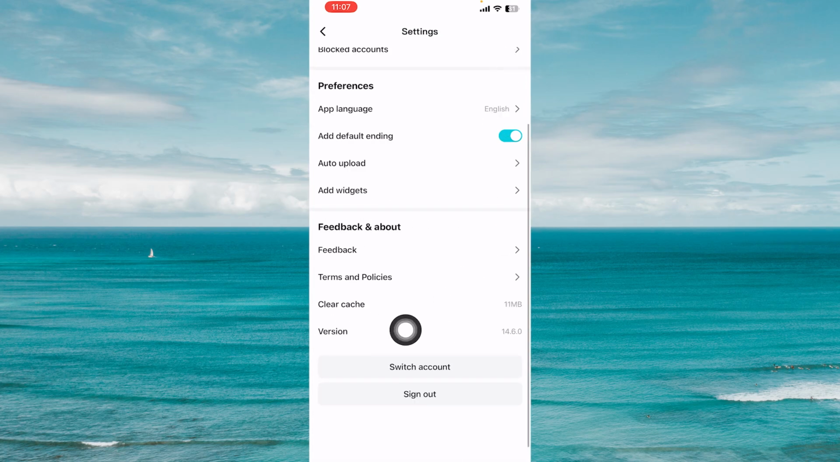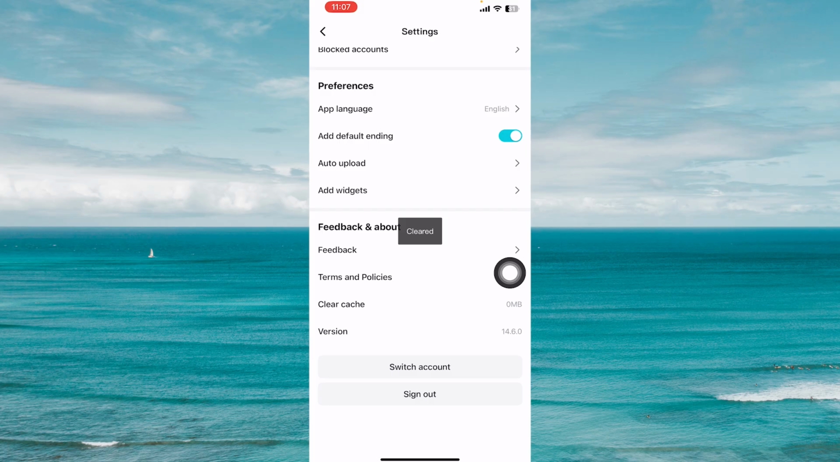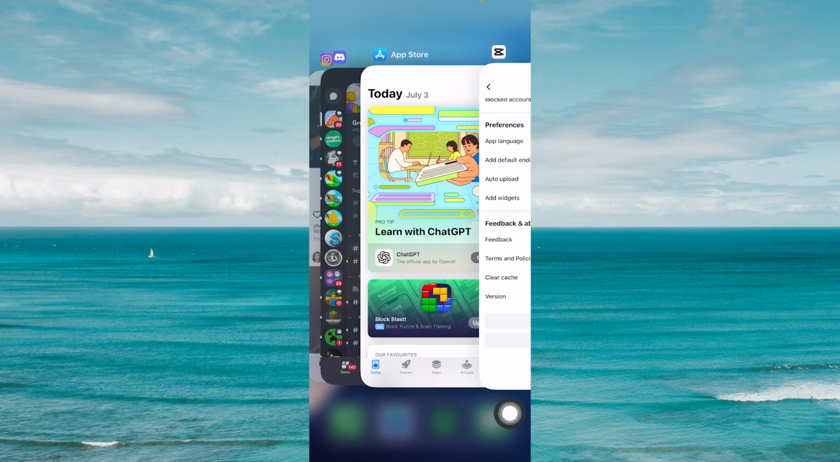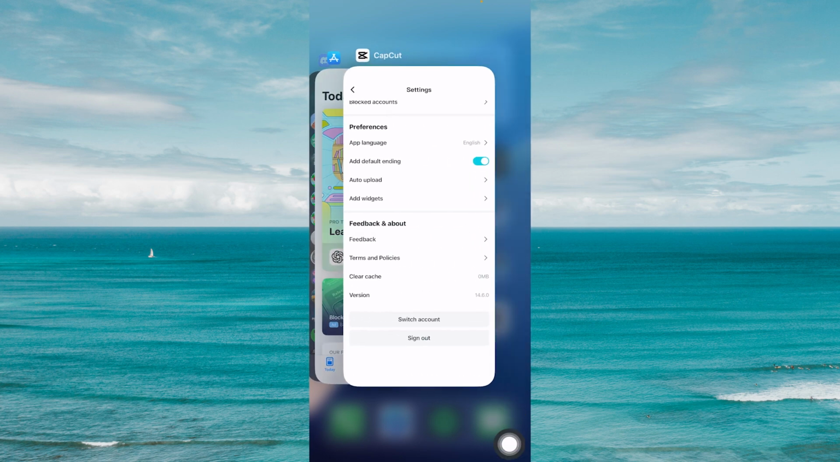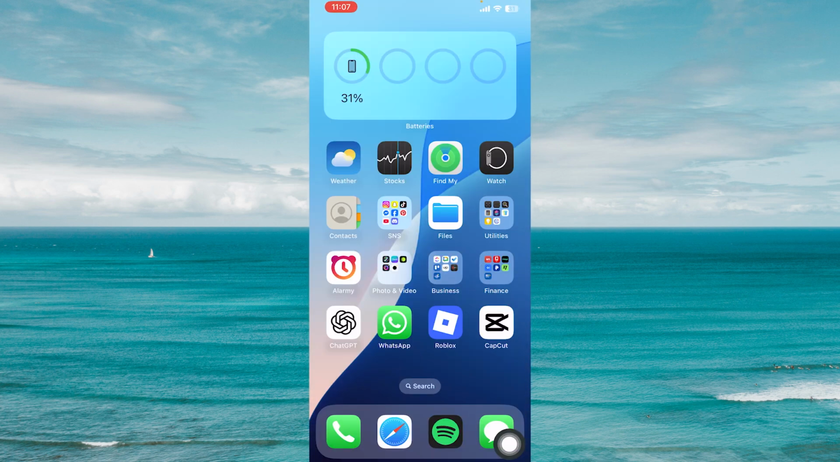In here, you can see a clear cache button under the feedback and about section. So let's tap on clear cache and just click on confirm to clear our cache. And once we have done that, let's swipe up at the bottom of our phone and swipe up CapCut again to force restart it. And you can try reopening CapCut again and try exporting and see if your problem has